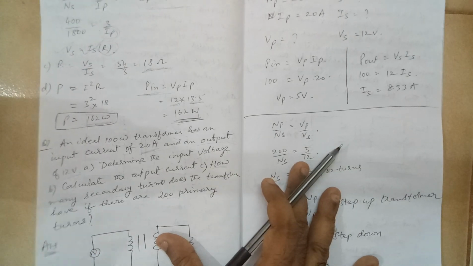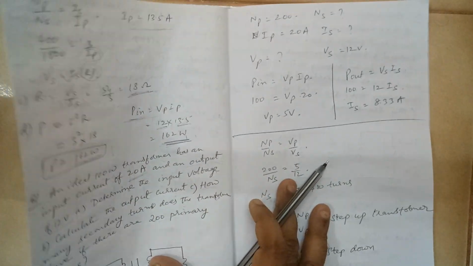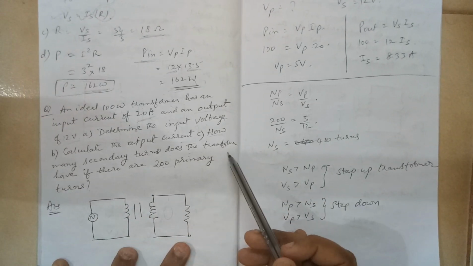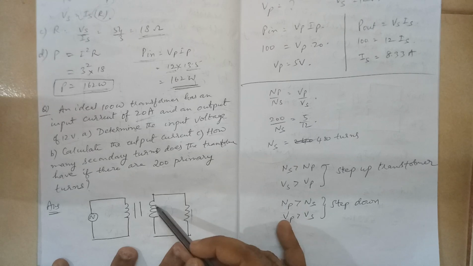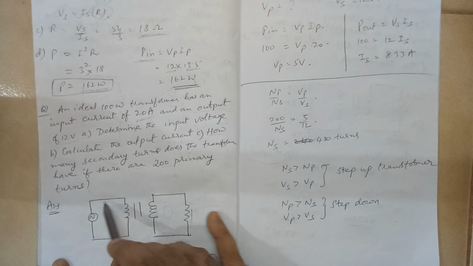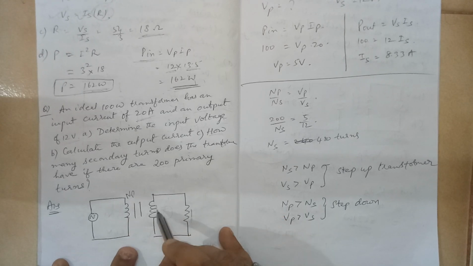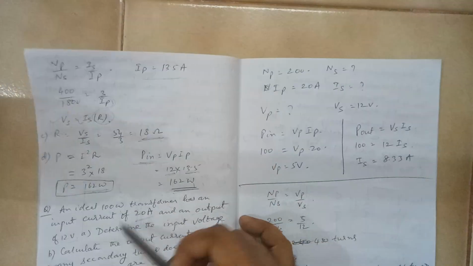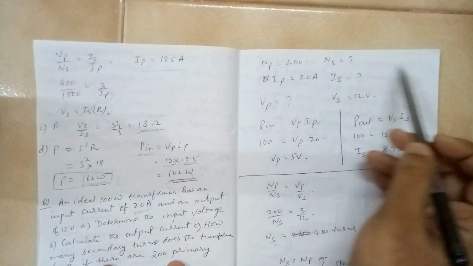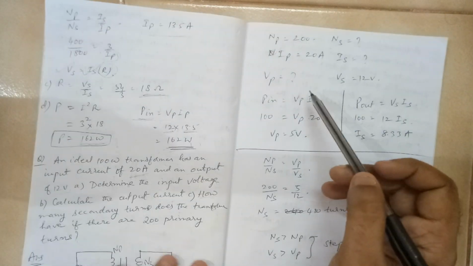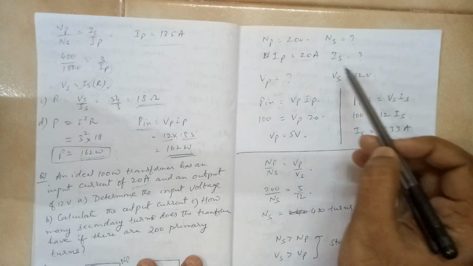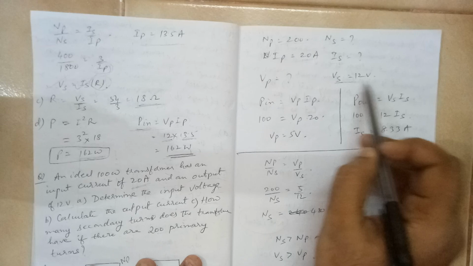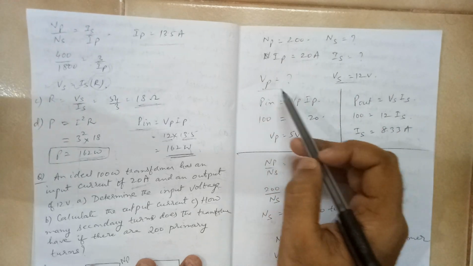Okay. So here the question is asked on the number of turns. So this is the diagram. This is my primary. This is the secondary. This is the external load. These are the coils. So when you are saying primary, this will be NP and this will be NS. This is my R. In the question, NP is given as 200, NS we have to find out, and IP is given as 20 amps. So IS is what we have to find out, and similarly VS is provided, VP is not provided. We have to find VP.